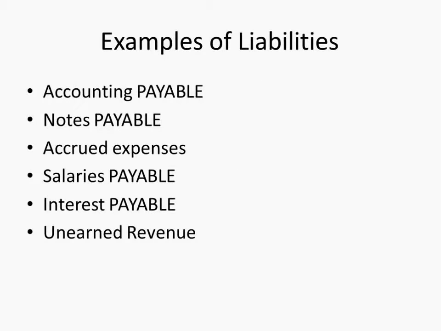So examples of liabilities. When you see the word payable at the end of something, you're talking about a liability because you have to pay it. It's payable. It's a future sacrifice from a present obligation. So accounts payable, notes payable. Accrued expenses. This is another one that I think might be confusing for people. It has the word expense in it, but it's a liability. Accrued expenses are liabilities that we accrue at the end of the period, and we'll talk more about that in more detail as we move forward in this class, okay? We're just kind of doing an overview now.